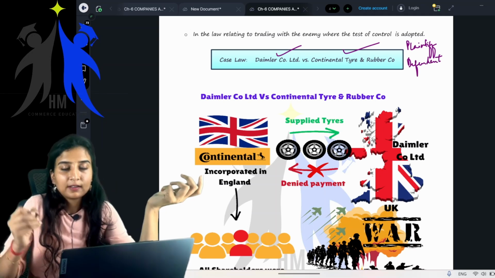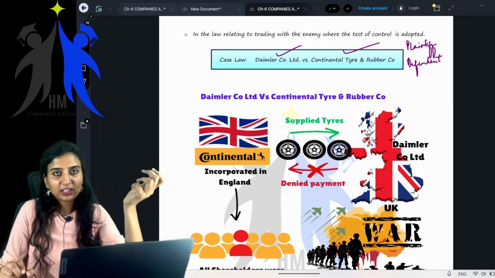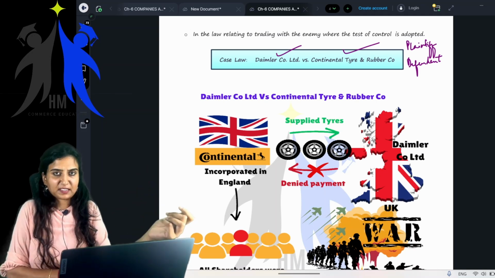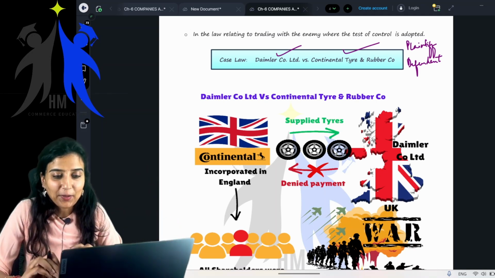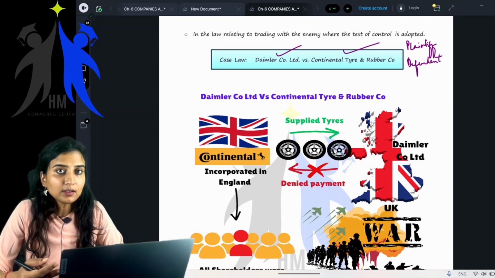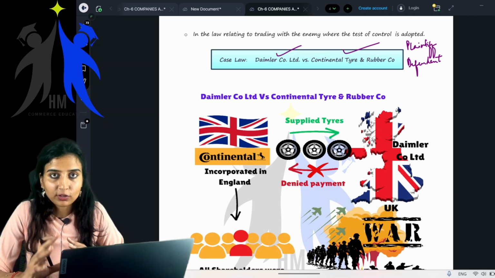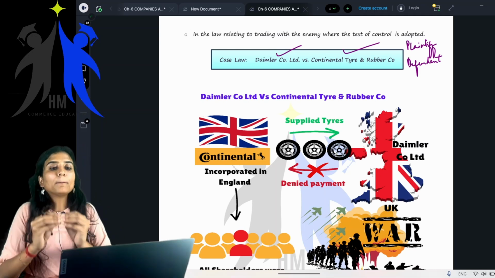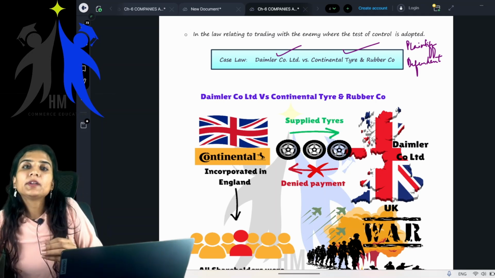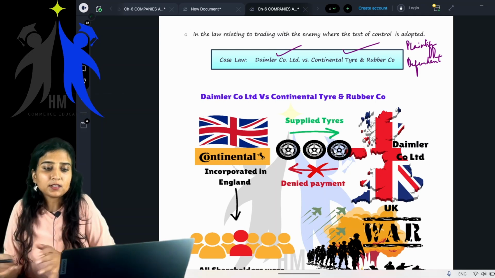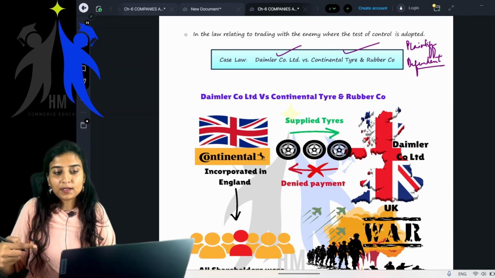Plaintiff and defendant. Ma'am, what is this plaintiff? Okay, what do you mean by plaintiff? Plaintiff is the one who will basically initiate the case in the court of law. This is the person who will actually take the case to the court of law. Plaintiff against someone. Obviously you're filing a case against someone. That other person is the defendant.